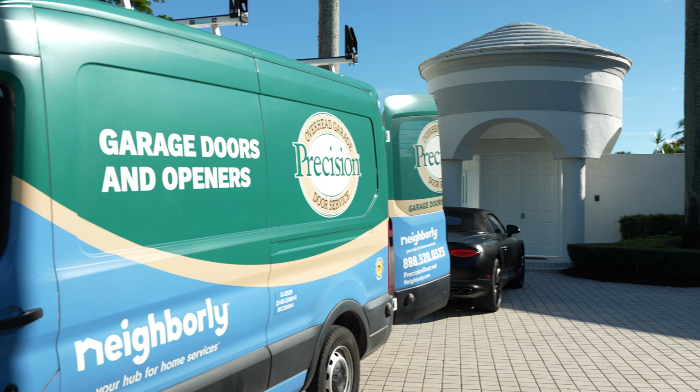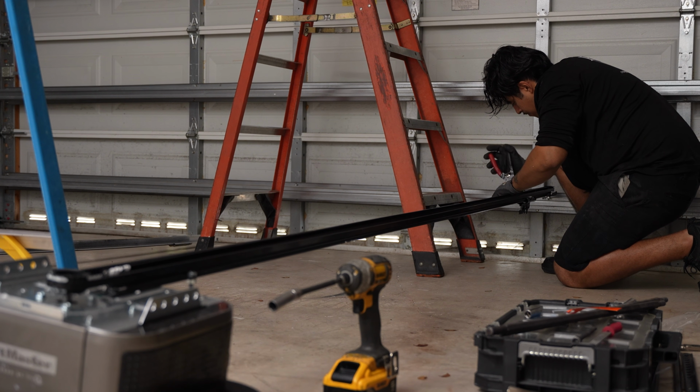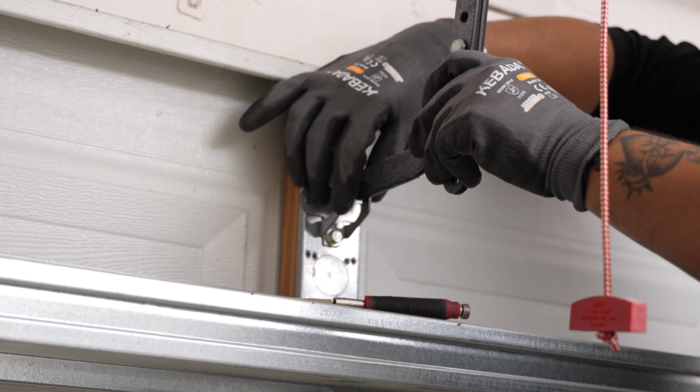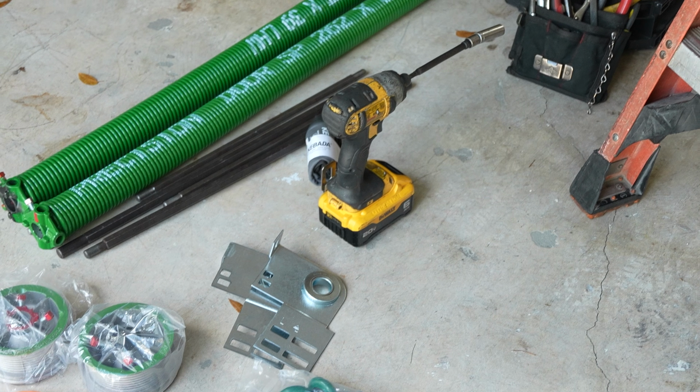A lot of the times with the customer, especially if they're a new homeowner, we like to make them informed of everything that makes this thing operate and what you need to look out for in the future. And then we will give you recommendations on either keeping an eye on it, doing your regular maintenance, or even doing preventative maintenance if you want to replace things with high quality, long lasting, high life cycle, low maintenance